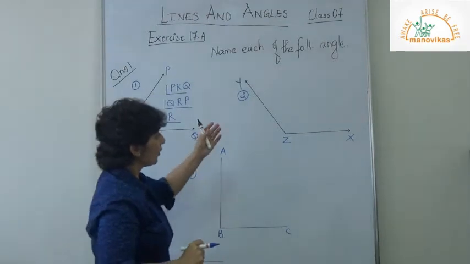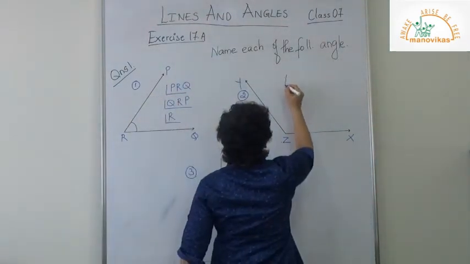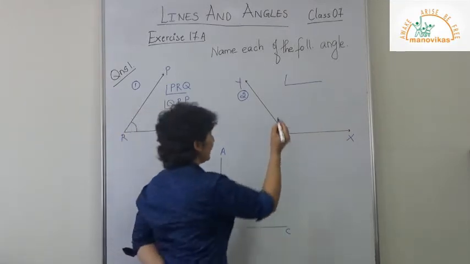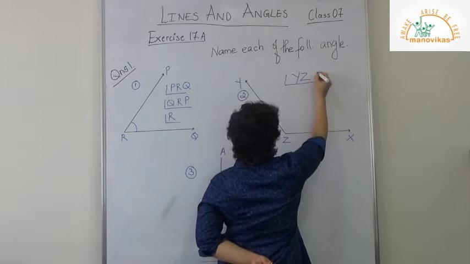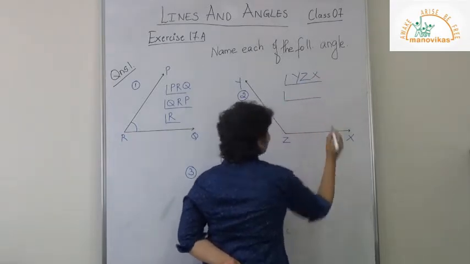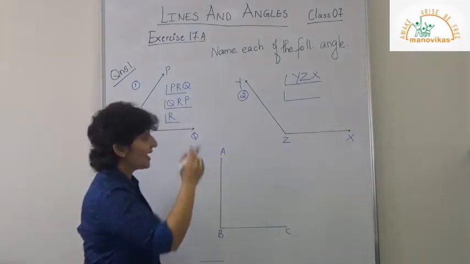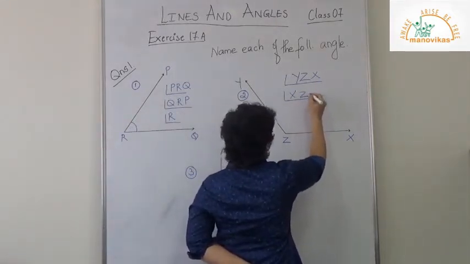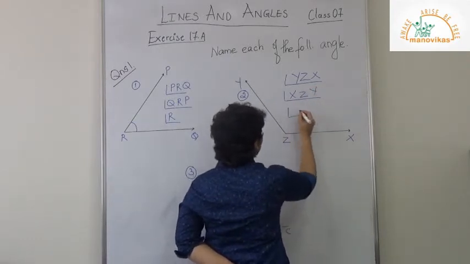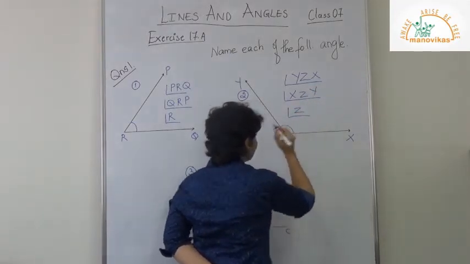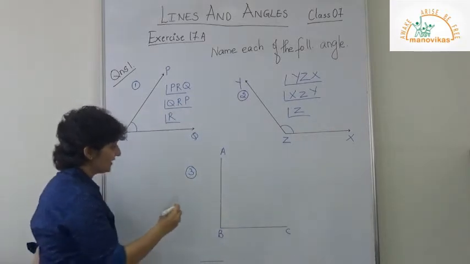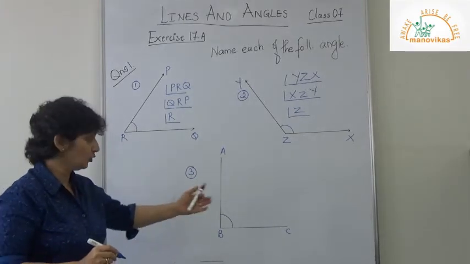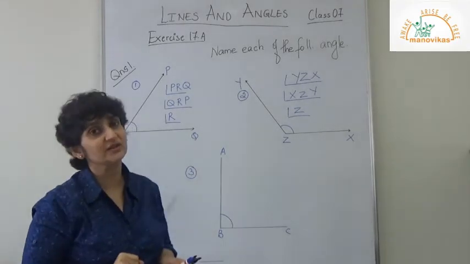Now here, what do I get, children? This will be, now can you tell me, let's do it together. This will be angle YZX, very good, YZX or what is it? XZY, angle, don't forget to say that, angle XZY, or we also say it as simply angle Z, correct? Alright, so I leave the third one for you. You know how to say it and you will do this. Clear? Let's move to question 2.